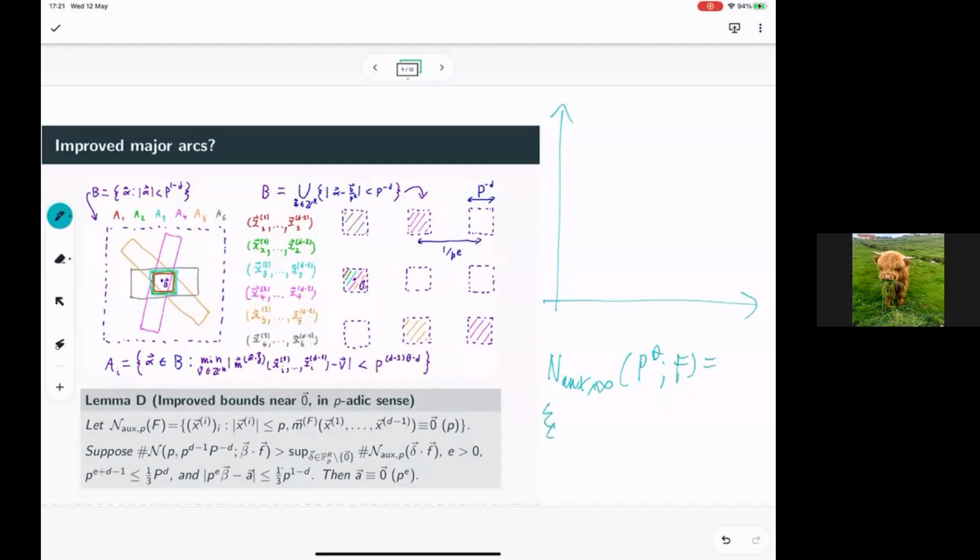So it's the set of d minus 1 tuples of size up to p to the theta, integer d minus 1 tuples, such that this vector Mf evaluated at the d minus 1 tuple has size smaller than the absolute value of the largest coefficient of f, times p to the d minus 2 theta. Okay, so this is a little bit like